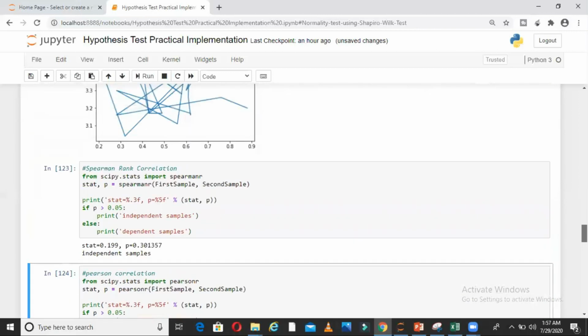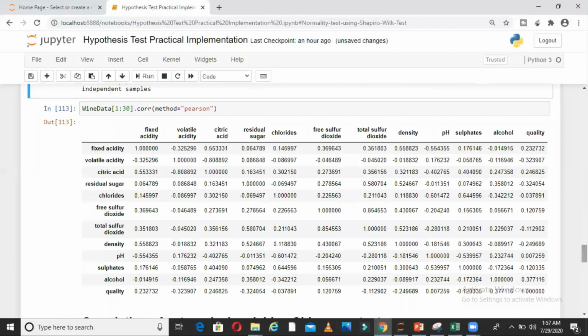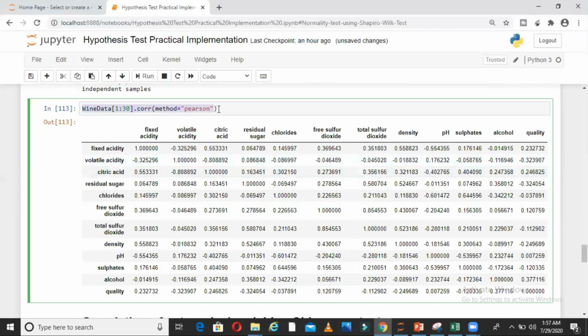Now to tell you why I took those two columns only: in my data, this is the correlation table if you see. I am using my dataset.cor method equal to Pearson. So if you see here, none of the numbers are big. What is big in this case? Anything above 0.85, and on the negative side, anything below minus 0.85. Something like this I can see right now. This is a bigger number I can see. I did not consider it in my example, but what I have considered here is this number. That is the number that caught my eye when I was looking at this table.